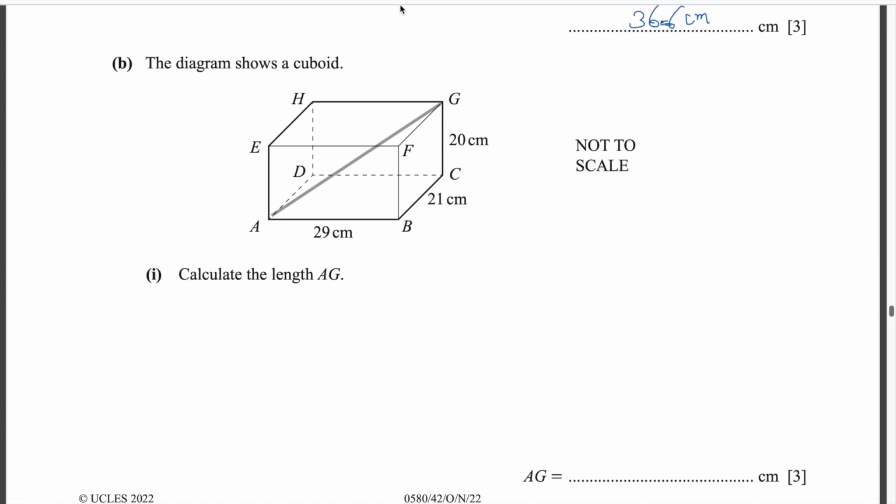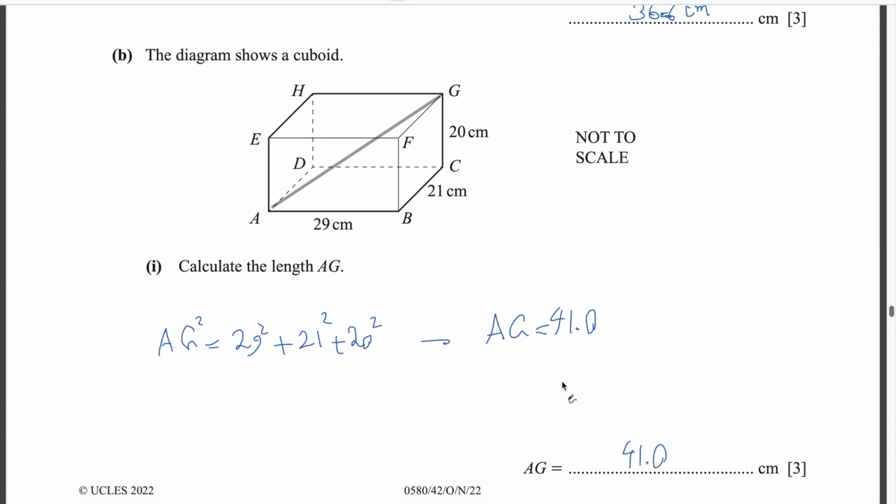So, AG squared is equal to 29 squared plus 21 squared plus 20 squared. Then AG will be equal to 41, correct to 3 significant figures, 41